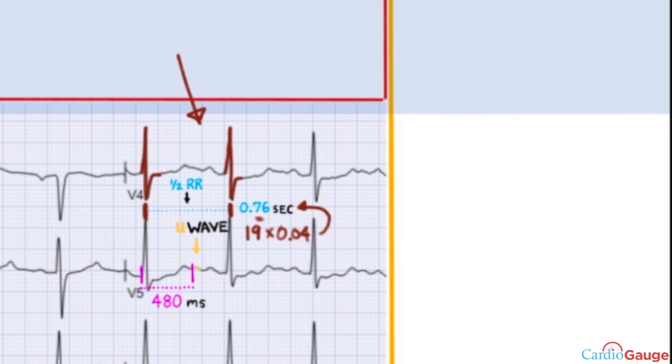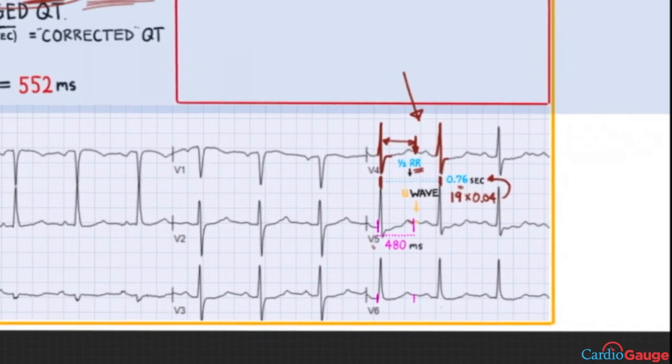That's the RR interval. And the T wave, where does it end exactly? Well, it's easier to see in V5. Looks like it ends there. It's not super clear, but somewhere around here. And you're looking at the QT interval is clearly more than half of the RR interval, so that implies prolonged